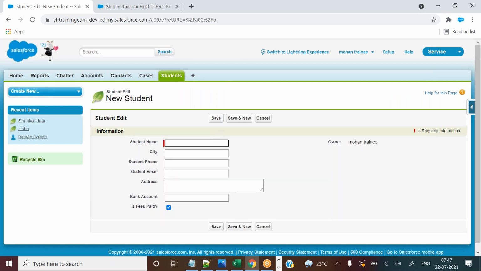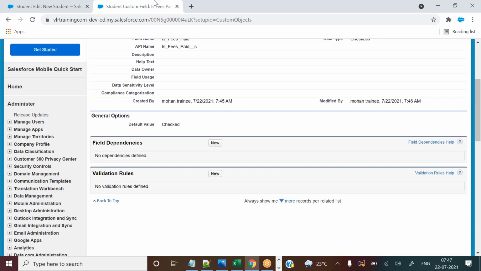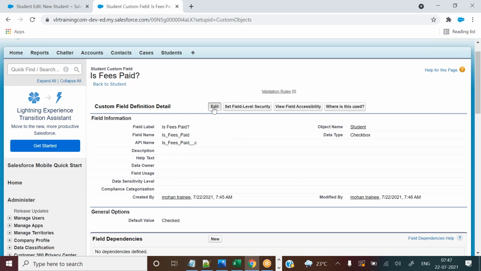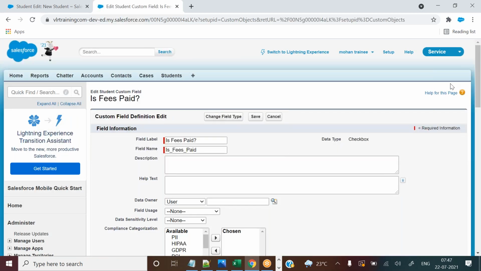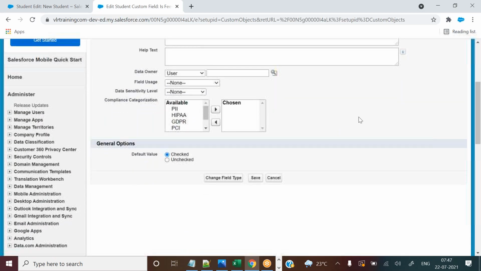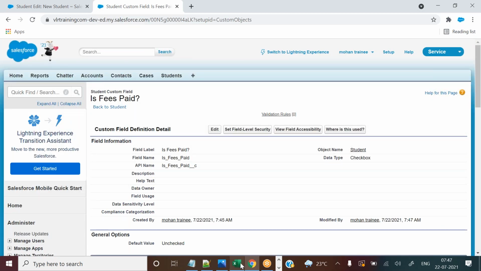So let's create a new record, and here you can see by default it is checked. When you are creating a record, by default you are seeing checked. Okay, that is the difference between this one. So uncheck it.